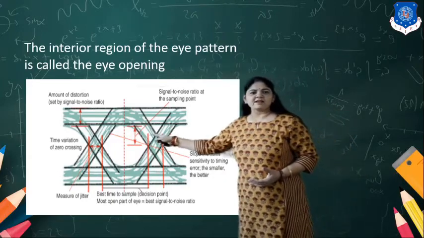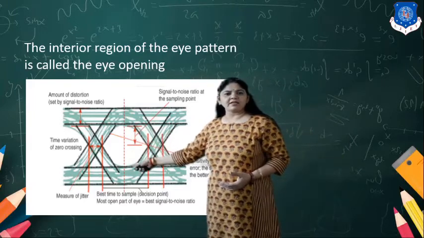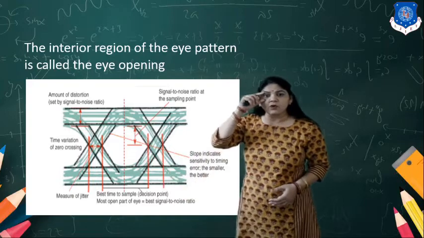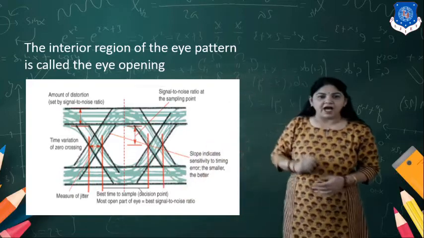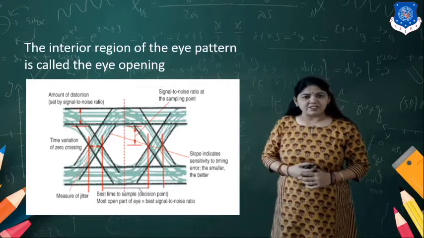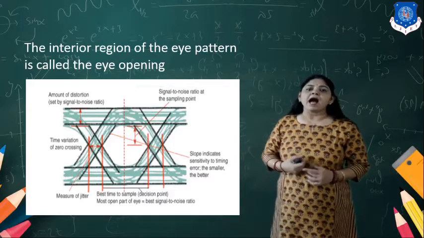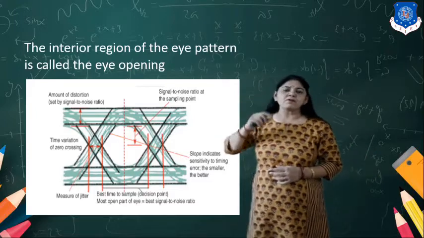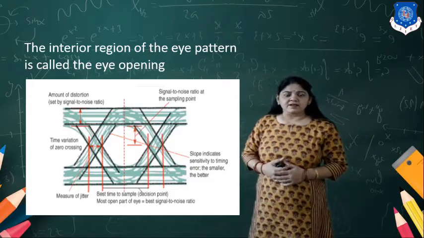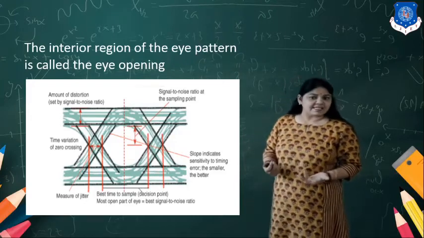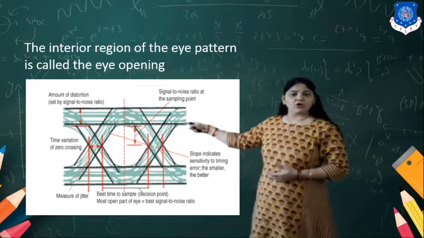The vertical line shown over here is known as the opening of the eye. So the interior region of the eye pattern is called the eye opening. When the eye opening is maximum, the inter-symbol interference, ISI, is less. But as you go to this side,